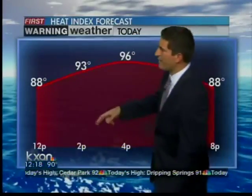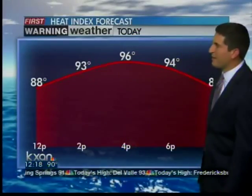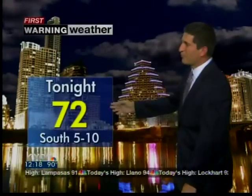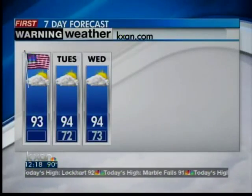Should be great weather to be outdoors as long as you take extra caution. When you factor in that humidity, we'll see heat index values climbing to around 93 by 2 o'clock this afternoon, peaking around 96 later this afternoon when our high temperature hits at about 93. So just drink lots of fluids and don't forget the sunscreen if you are out for an extended period of time. Tonight will drop down to 72, and tomorrow, like promised, it will be a bit warmer, 94 expected, but